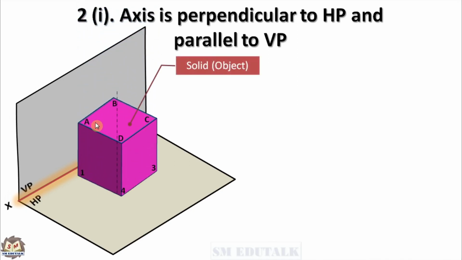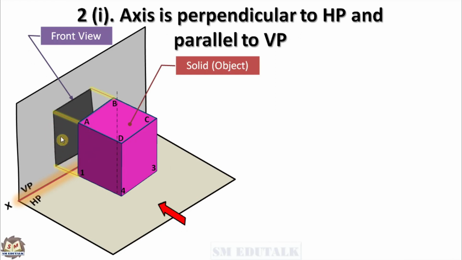The top face or base is named as A, B, C, D and the bottom base is named as 1, 2, 3 and 4. The square prism's front view is projected to the VP as a rectangle. Let us see how to assign the names to this rectangle. When you look at the square prism from the front, you can see the corner points D, C, 3 and 4 only. They are visible to your eyes. But other 4 corner points straight behind them are not visible. That is, you can't see the corner points A, B, 2 and 1.